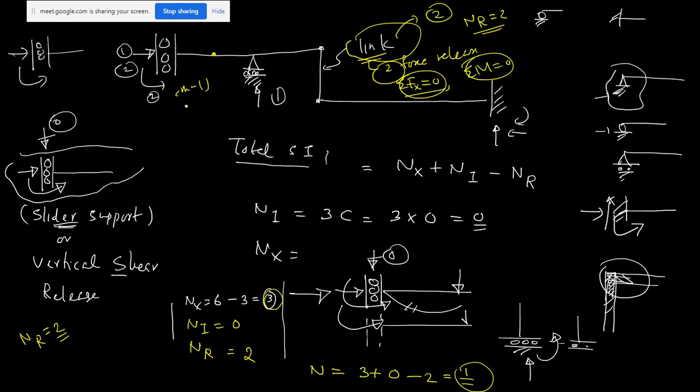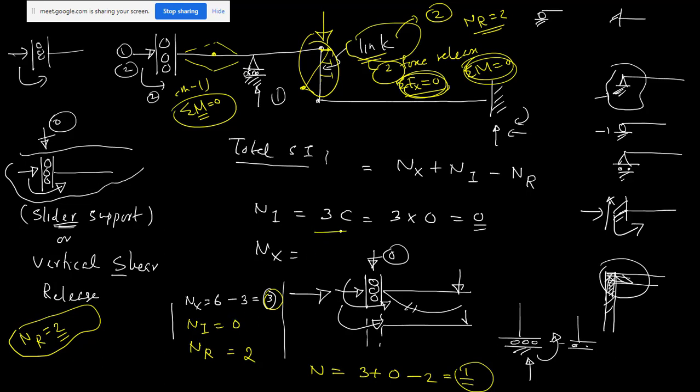What is that equation? That is sigma m equals 0, because the hinge means it can rotate freely. Free to rotate, so the moment is 0. At the link location, horizontal displacement is possible. Also the link can rotate at this section. But if you apply a vertical force, it can transfer the force. That is why we have to take these two. For the link there will be two force releases, and for the hinge there will be m minus 1 force releases. So accordingly you can find the nr value for any question. The ni value is simple, and for the nx value, just look at the supports and note down the support conditions.